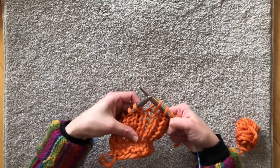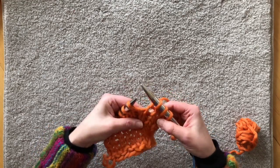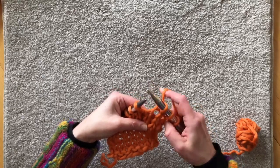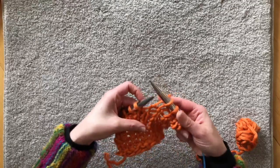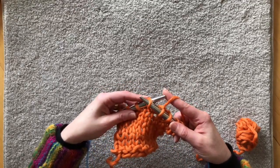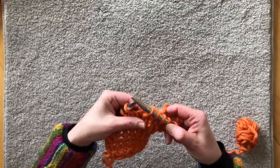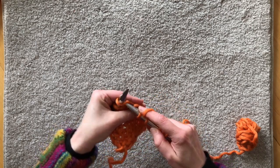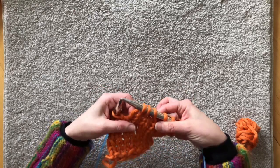If you're working in stockinette stitch, as I am here, and I'm on the knit side, in general, when I'm slipping a stitch, you would leave the yarn in the appropriate position for the row. So in this case, this is a knit row, right? The yarn is at the back. And so I would slip as if to purl, but that doesn't mean you bring the yarn to the front. Yarn stays in knit position, put the needle in as if to purl. That preserves the stitch orientation and it leaves the float, the yarn that sits unused,